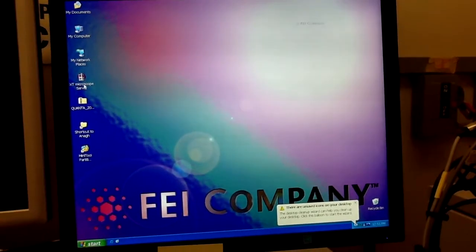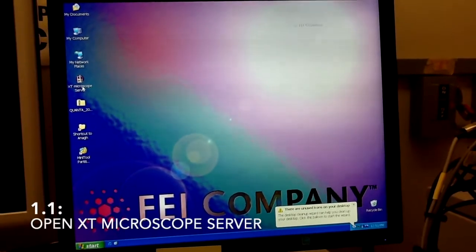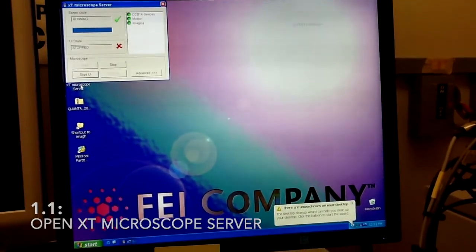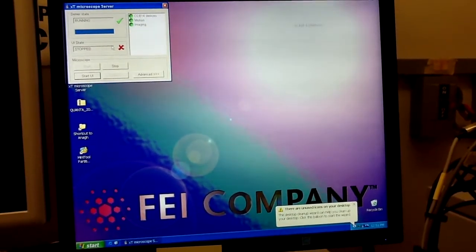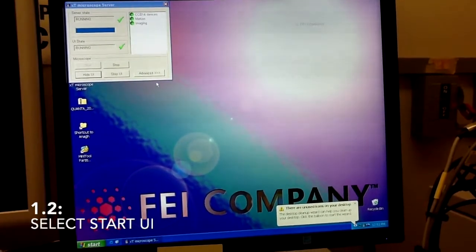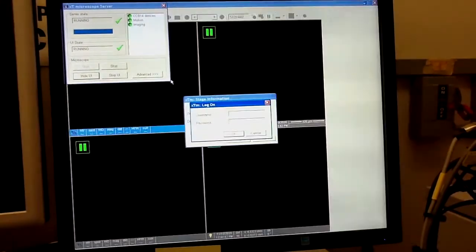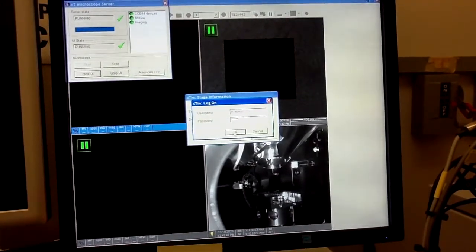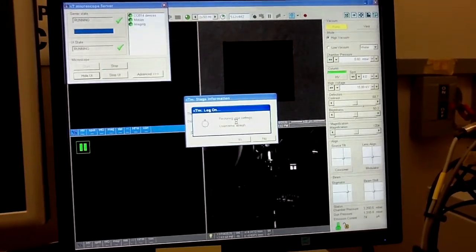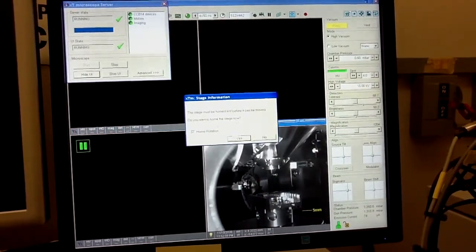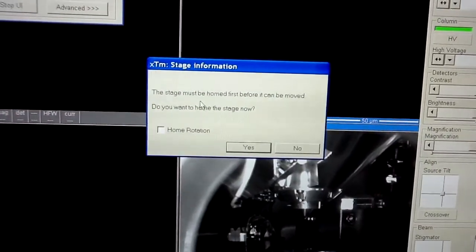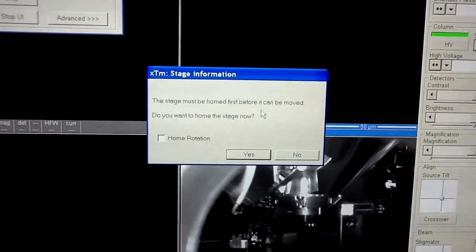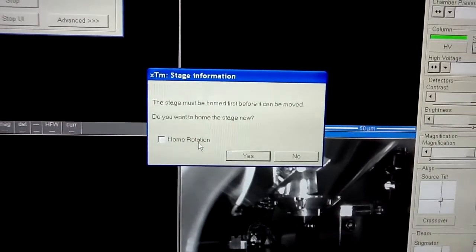So the first step is to click XT Microscope Server, and enter your username and password. We will home the stage, but we will do it without homing the rotation.